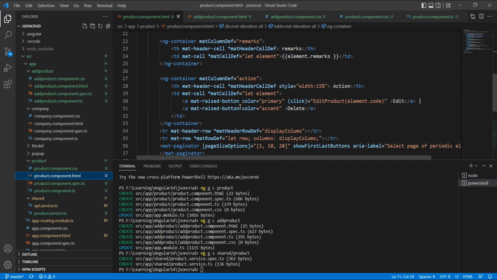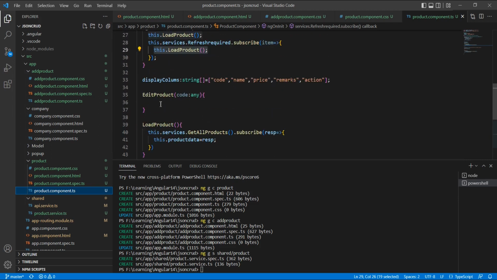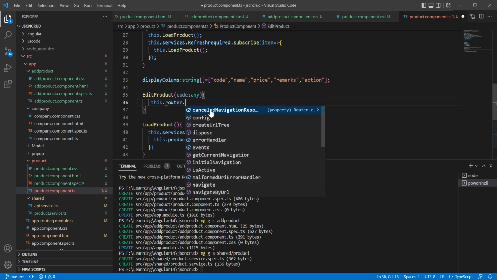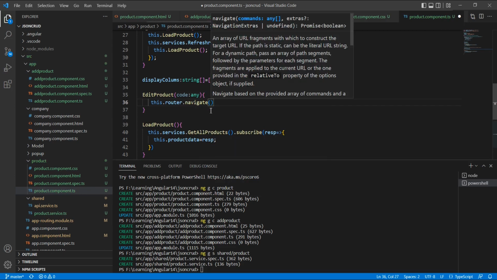If you noted in our product component, we have added the edit button and we have the function also, edit product. In this edit product, we have not done anything. Here, let me implement my function. So this.router.navigate,